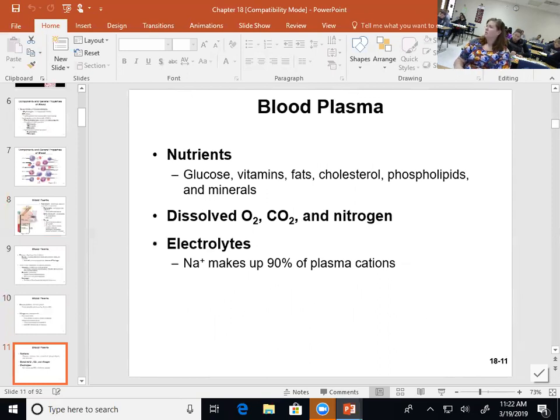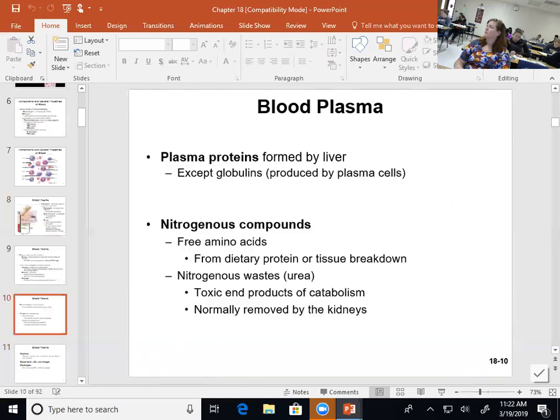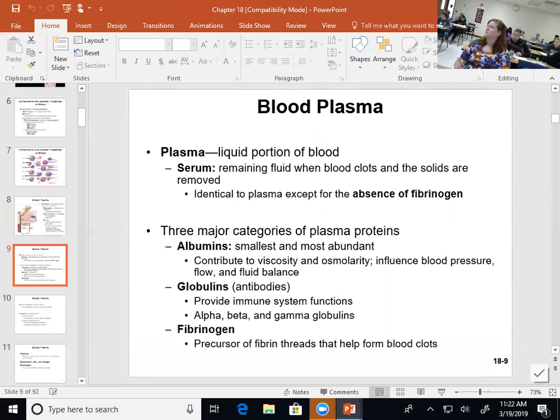So plasma, it's mostly water, but it has these great things as well, right? Now, I want you to know, y'all have heard of serology, haven't you? Serology is really a little bit of a misnomer, but not really. I do want you to know the definition for serum. Serology is the study of serum, but it's really the study of more fluids than just serum. But I want you to know the term serum and what it means, because you'll hear that somebody needs